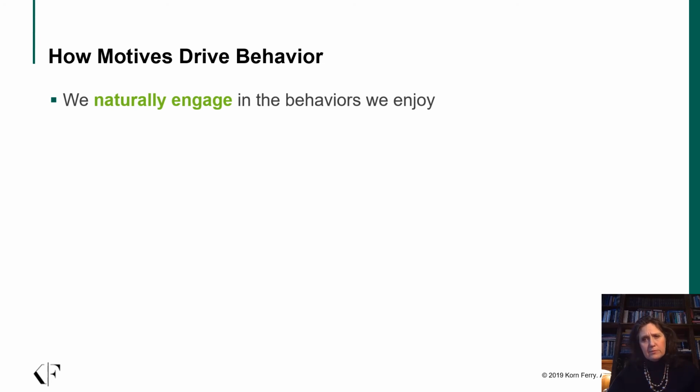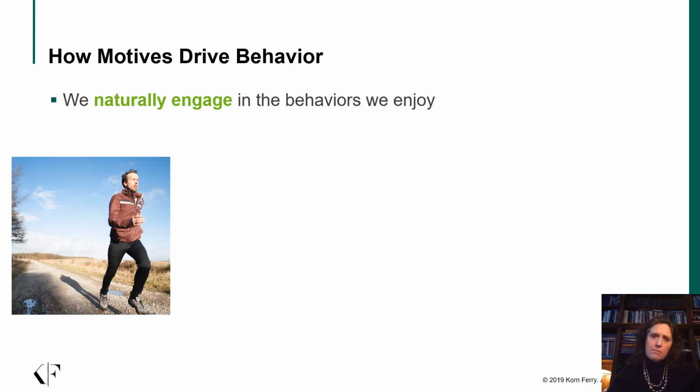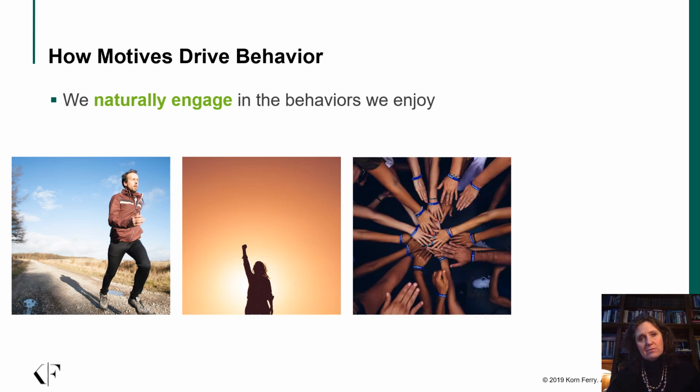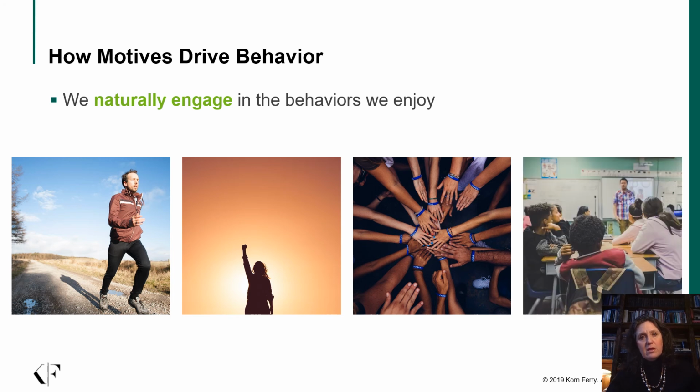Let's look at some examples. A marathon runner who completes several marathons a year because he or she enjoys the runner's high. A politician who starts out in local politics and then works up into a regional or national position. A person who loves recreational activities with friends and participates in a community bowling league, softball league, or book club. They like to be around other people and foster those affiliated relationships. A teacher who enjoys helping their students and having an impact on society as an educator.